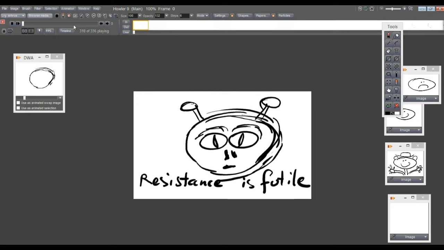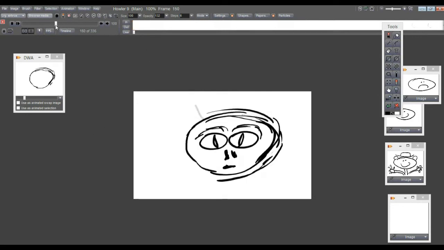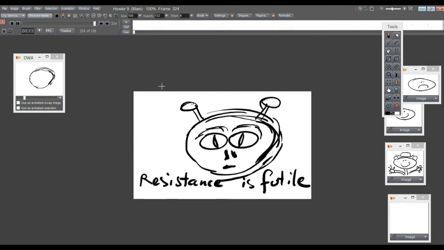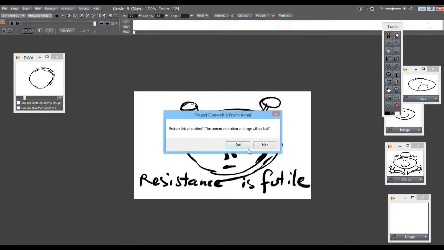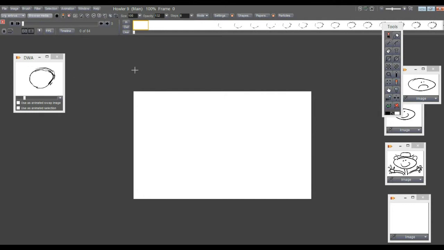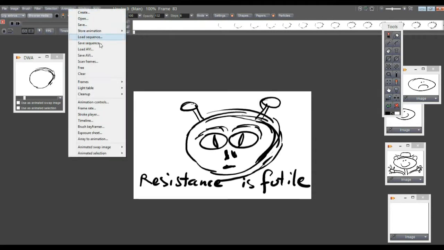All right, so that is one. And let's see another way. So how do we restore the old animation? Simply click here. That will restore it from the stored animation. That will reinstall this animation, and now we have the